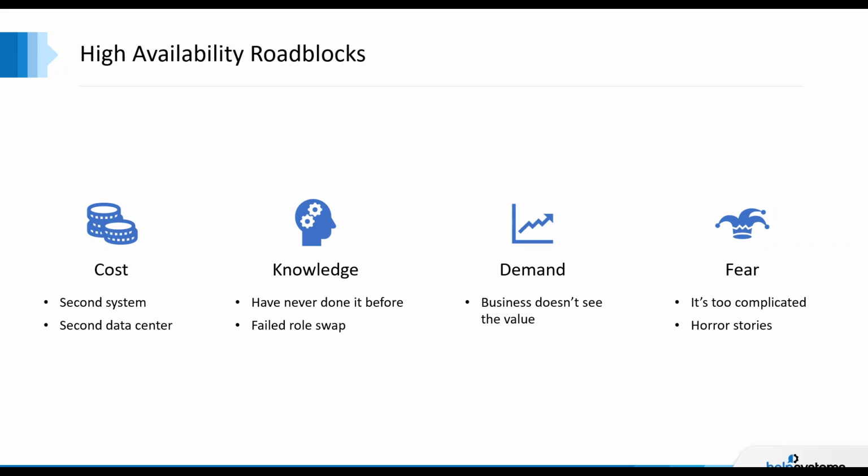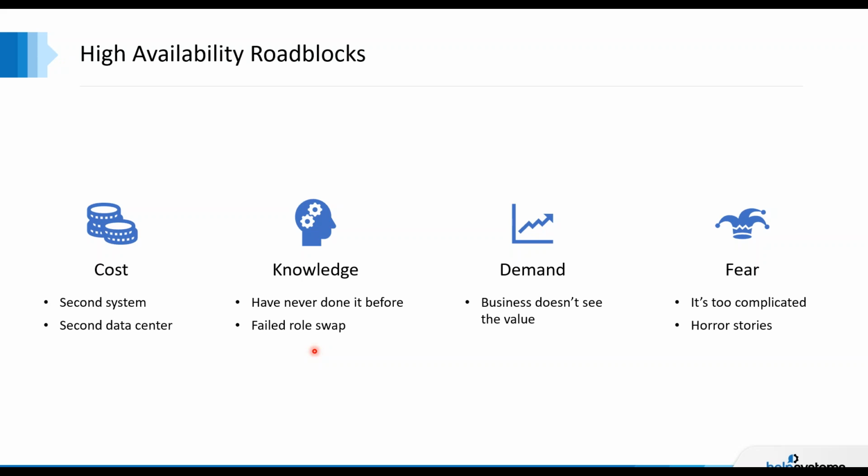Yeah. So when we look at high availability, there are several roadblocks that have always been in the way, and cost is one of them. Secondary systems, secondary data center. In today's world, we can help out with cloud-based replication, certainly available, and cloud-based backups. Knowledge is another big issue. If you don't have the knowledge, you haven't done journaling, haven't done remote journaling, haven't set up an IASP, there are experts out there to help you out. If you're going to go into this area, make sure you have the proper knowledge or you have the proper people to work with. And we're really good at that.